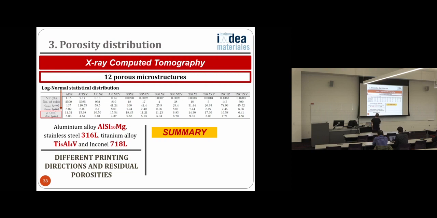So we obtain the void volume fraction, which varies from a maximum of 2% down to something like 7 times 10 to the minus 4%. This means there are only a few voids per unit volume. And the voids were pretty large; in some cases we tracked voids that were larger than 100 micrometers in diameter. In fact, the mean size of the voids in most cases was above 10 micrometers, okay?